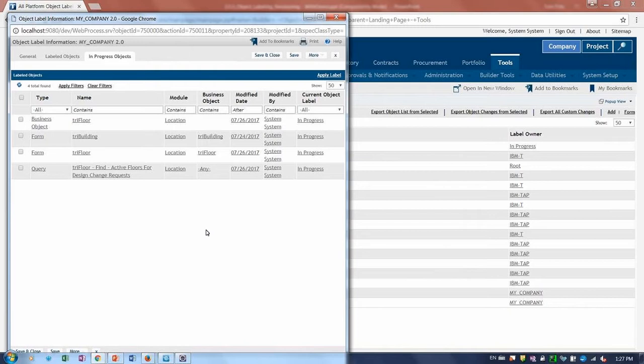Now what I want to do is I do not want to label all of these to my new custom label. I just want to selectively choose a couple. So for the purpose of this demo, I am going to select the tri-floor form and this query called tri-floor find active floors for design change results. These are the objects that I want to give my My Company 2.0 label to. So what I will do now is I will click Apply Label,